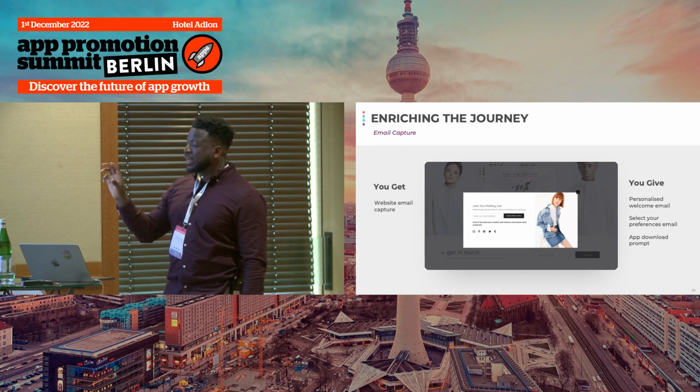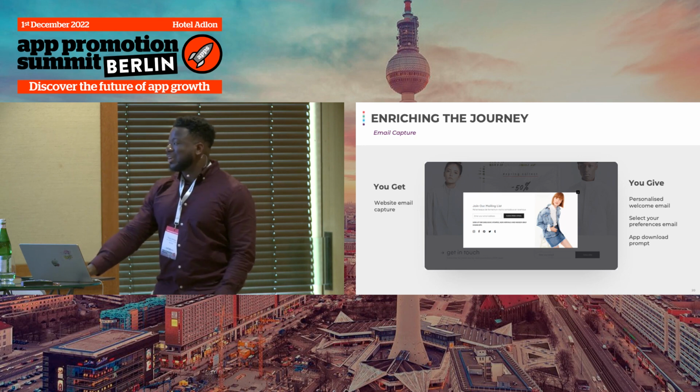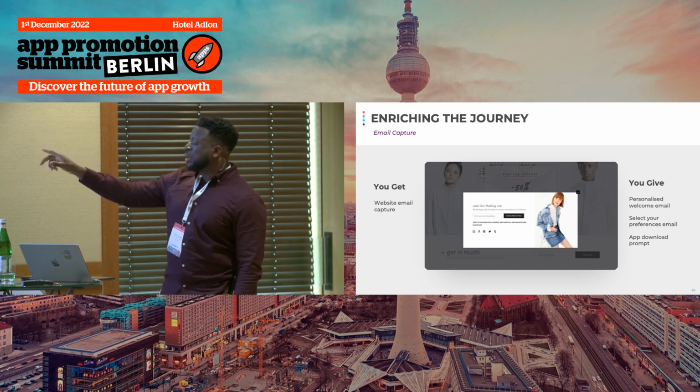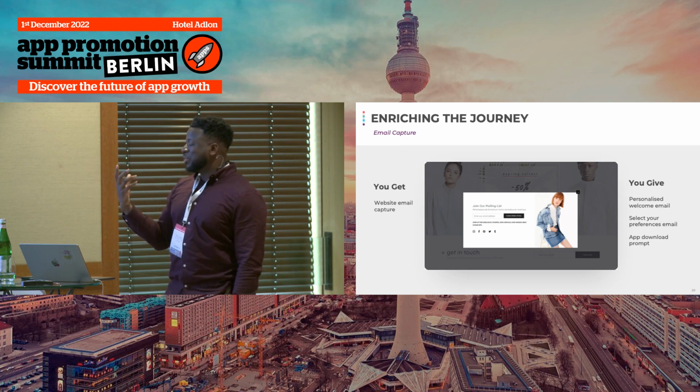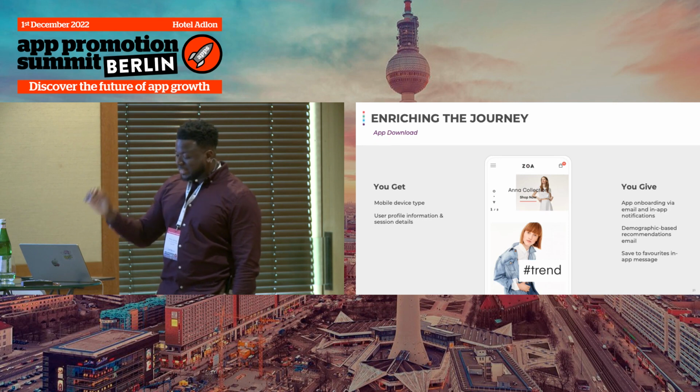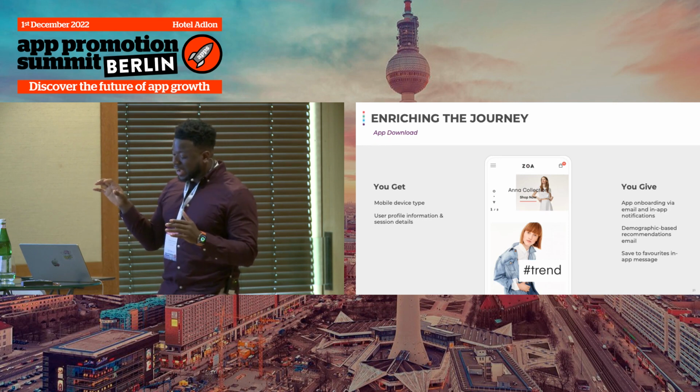So it's about finding interactive ways in which you can get them to give up personalized information so you can really drive the experience for them. But maybe they've selected their email preferences, and then maybe they're met with a prompt to download their app. The next stage looks something like this.